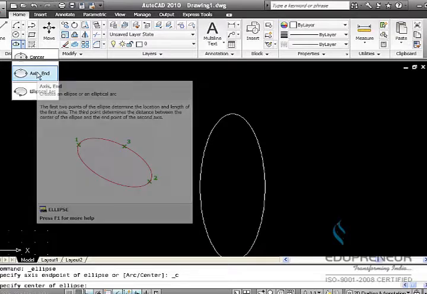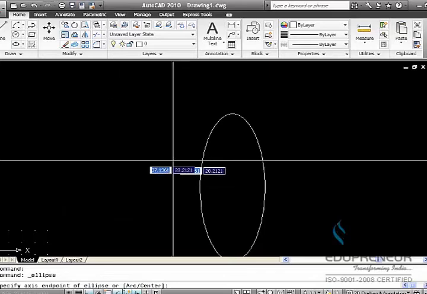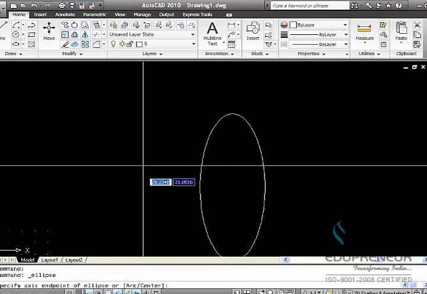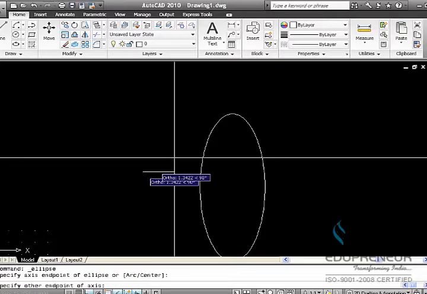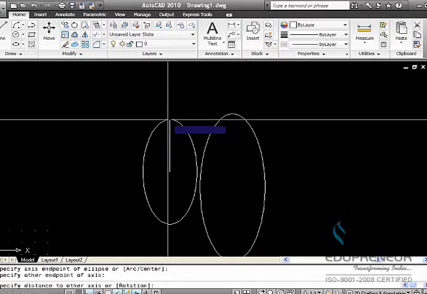To draw it again, click on it, specify its end point first and then stretch it to the point you want to take it, and then specify the distance by moving your cursor on the drawing window